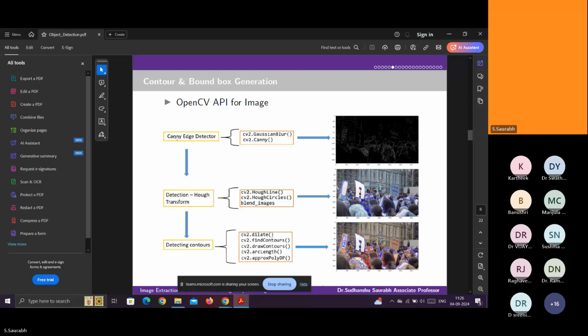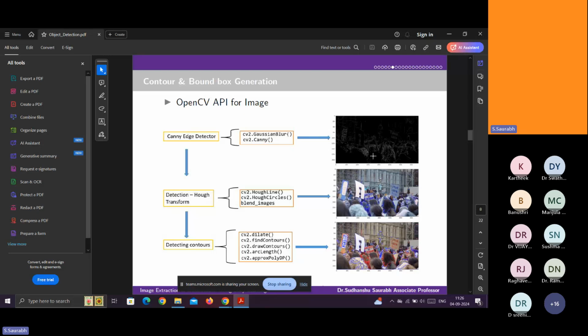Canny edge is performed after Gaussian blur, with cv2.Canny. cv2 is the OpenCV package, so import OpenCV and then you can use cv2 in Python programming. You can use cv2 dot the name of the algorithm, and this algorithm itself takes care of the bounding box or the contour.